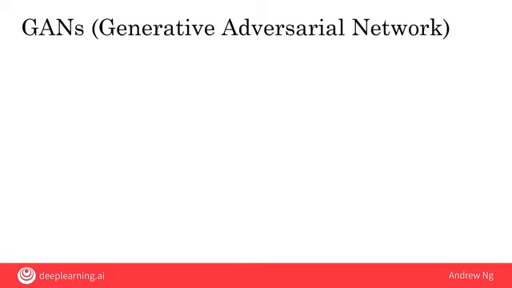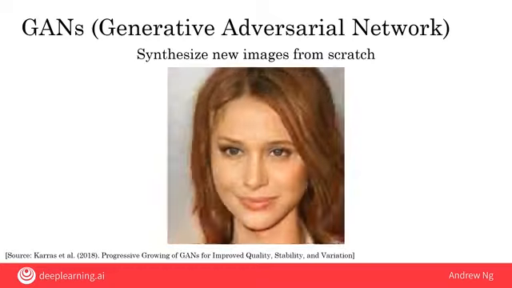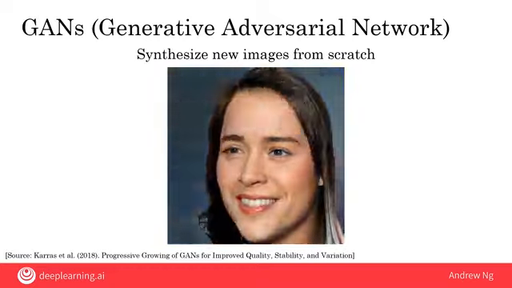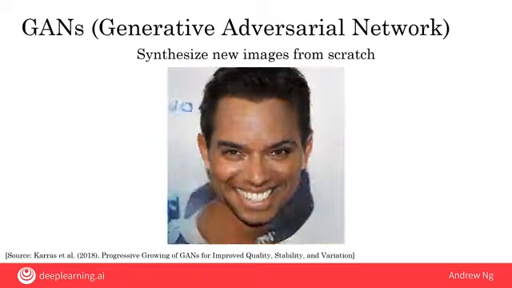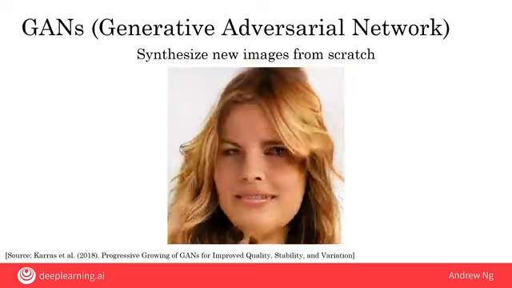GANs, or Generative Adversarial Networks, are another exciting new AI technique. They were created by my former student, Ian Goodfellow. GANs are very good at synthesizing new images from scratch. Let me show you a video generated by a team from NVIDIA that used GANs to synthesize pictures of celebrities. And these are all pictures of people that had never existed before. But by learning what celebrities look like from a database of celebrity images, it is able to synthesize all these brand